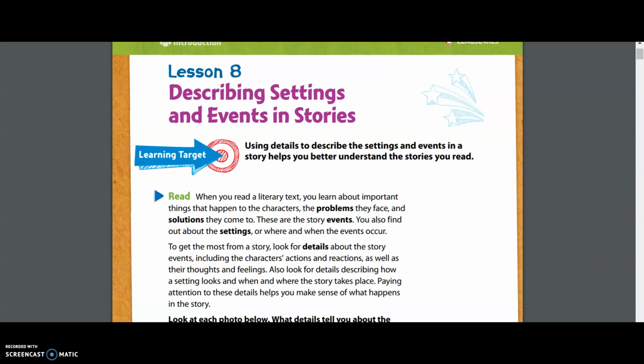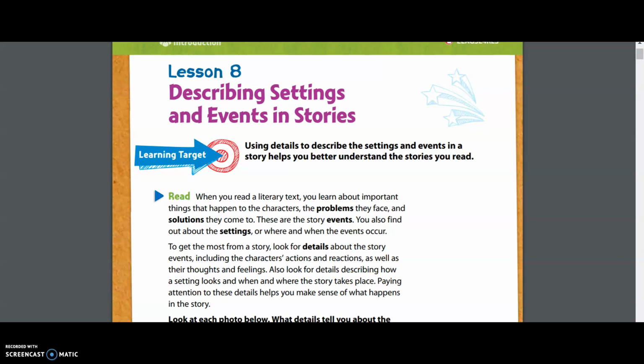for this week, each day that we get on here to do our packets, is to use specific details in a story to describe the setting in depth. We're also trying to use specific details in a story to describe the events in depth. And then finally, we want to be able to understand how one event leads to another to create a complete